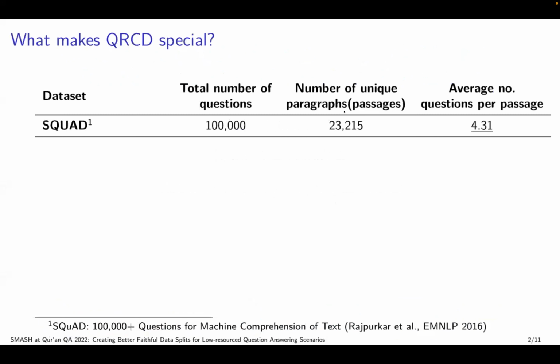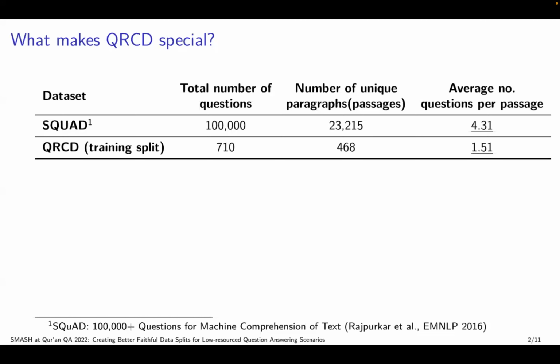So first, what actually makes QRCD more special if we compare it to Squad, which is a popular machine comprehension question answering dataset for English? Squad has 100K questions for 23K unique paragraphs or passages, which implies that the average number of questions per passage is about 4.31. And if we look at QRCD, more specifically at the training split, we'll find that the questions are just 710 for 468 unique passages,